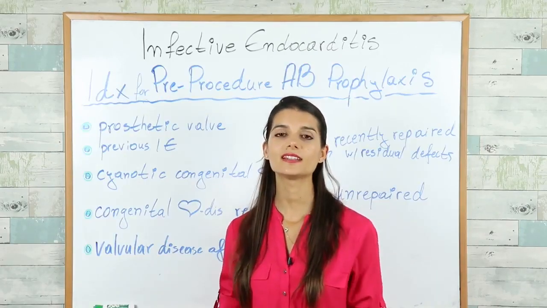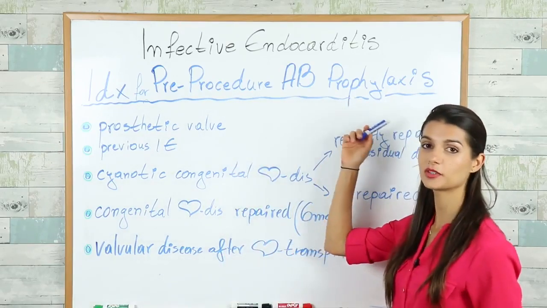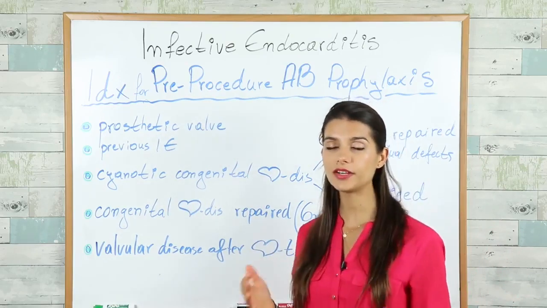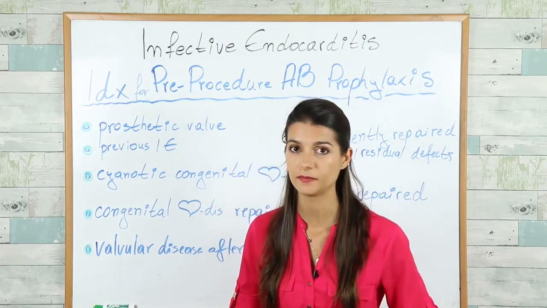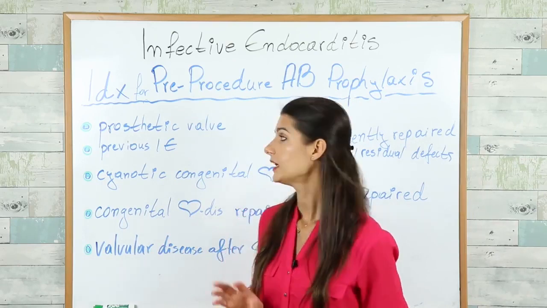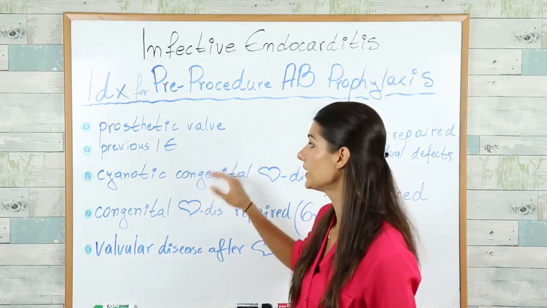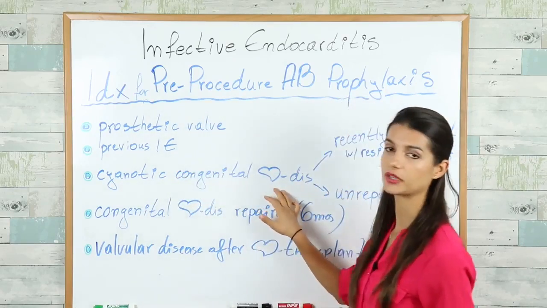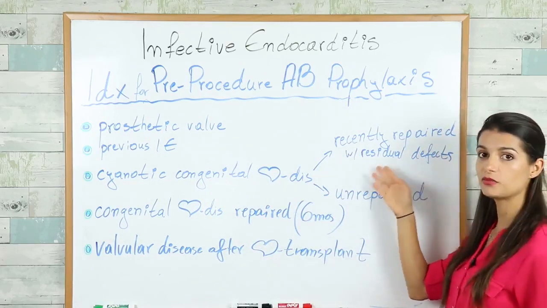And here we have another super high yield indication: the indications for pre-procedure antibiotic prophylaxis. Basically, we want to give antibiotics to patients who are at very high risk of adverse effects if they acquire infective endocarditis. So we're going to go over the patients here and the procedures after that. The patients that are high risk are the ones who have prosthetic valves implanted, or a history of previous endocarditis, or cyanotic congenital heart disease which has been unrepaired or has been repaired recently with residual